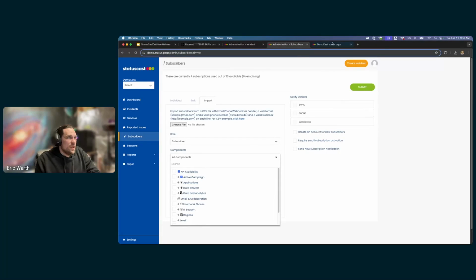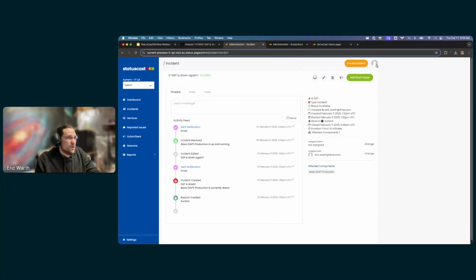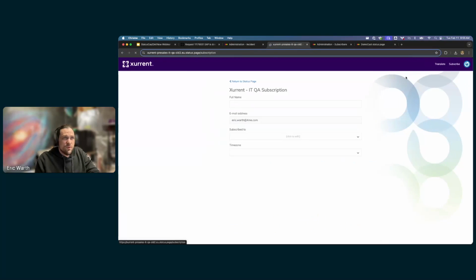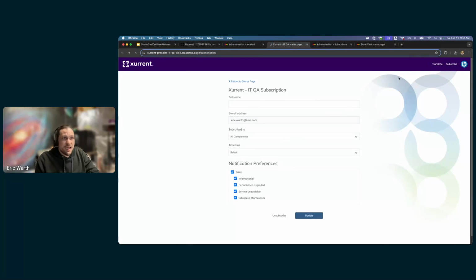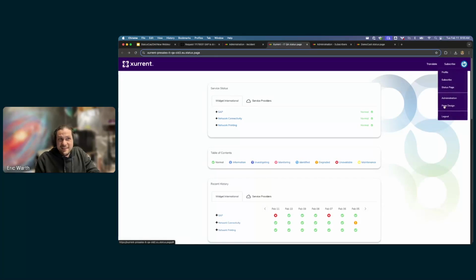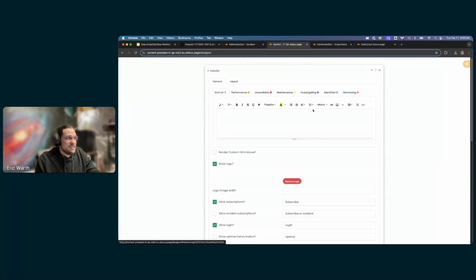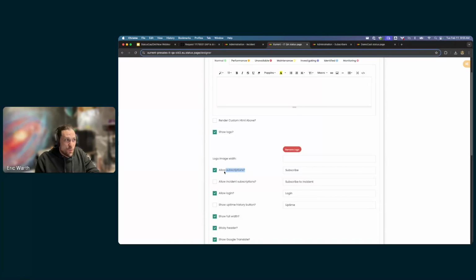We can also, like I mentioned earlier, integrate directly just from the status page. And so those are going to be options where, again, if I come back here just to the status page in the page designer, if we want to offer that subscribe button up top, you certainly can. If you want to gate things like that, again, at the end of the day, if I come into page designer, it's as easy as just saying, hey, I don't want to allow subscriptions. You do not need